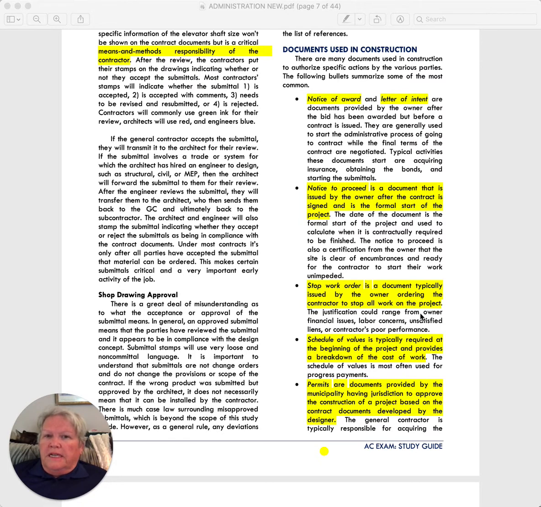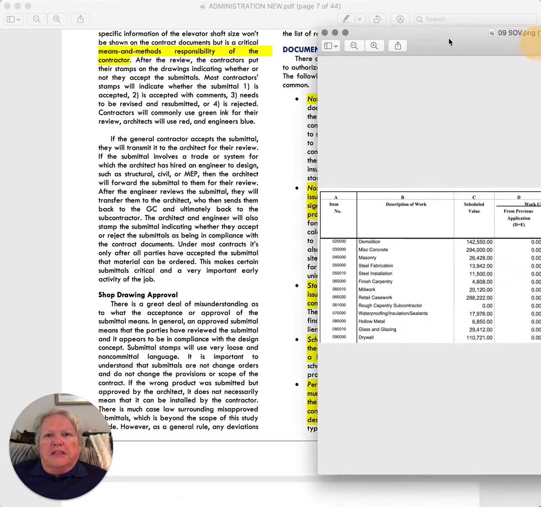It can be an email, but it does have to have the words that you do stop the work on a particular part of a project. So it can occur either because there are financial issues on the project, or labor concerns, or any number of reasons. The next item is a schedule of values, and I'm going to show you an example here of